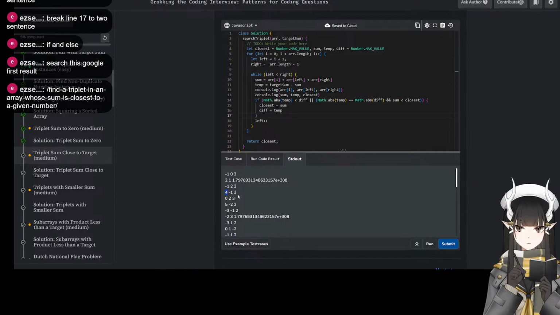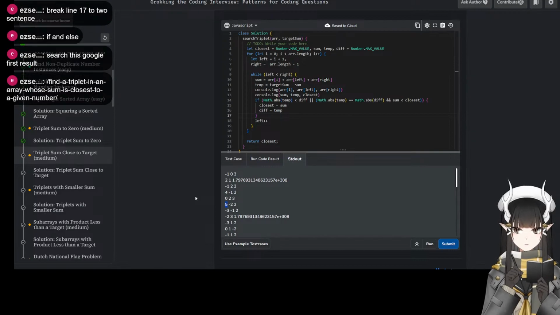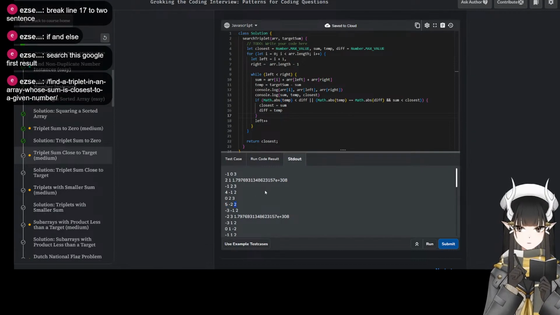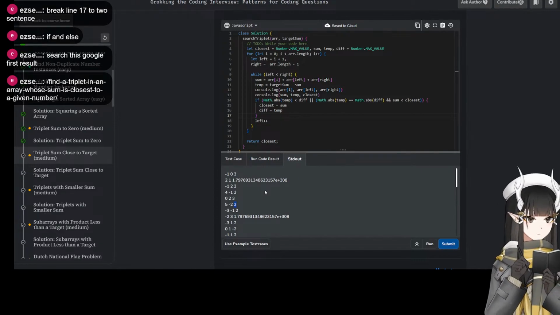Process. Oh, sum is 4 too. After that, the sum should be 4. Wait, no, this is a new sum, but the closest should be 4. Oh my god.